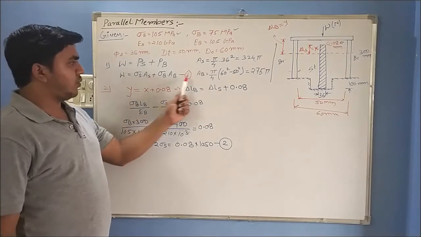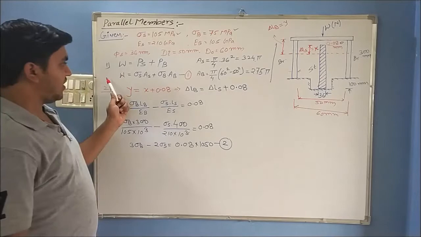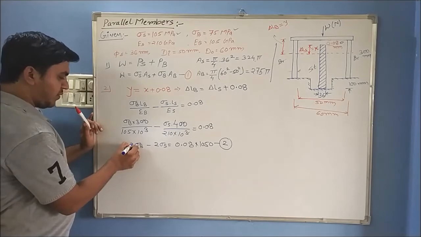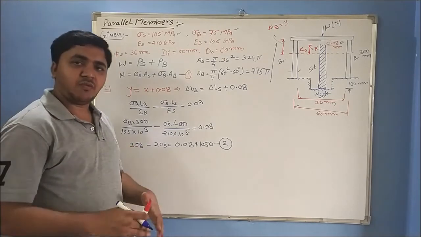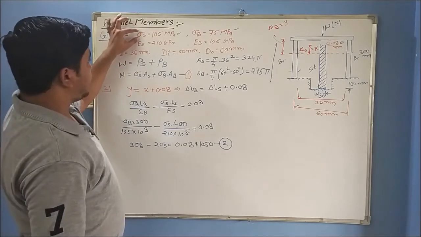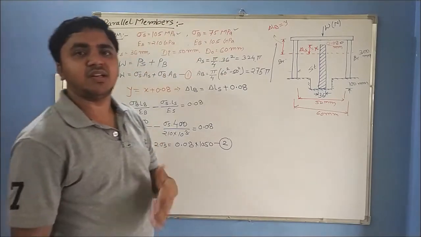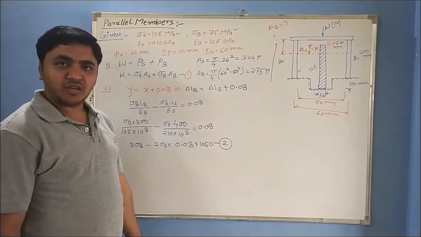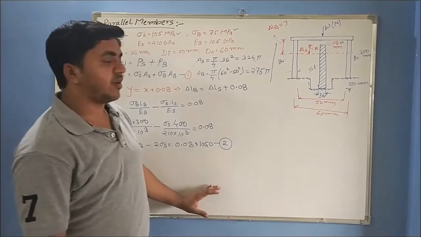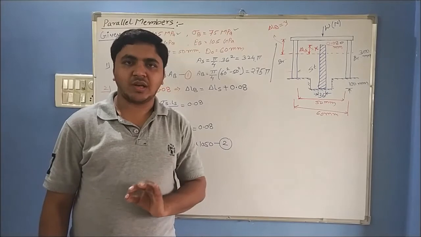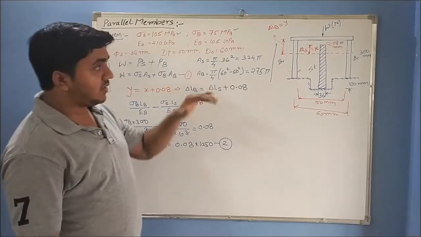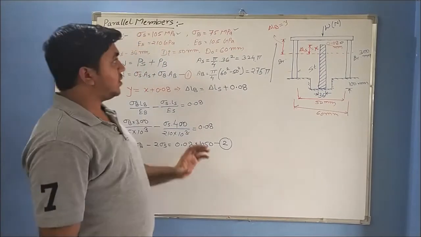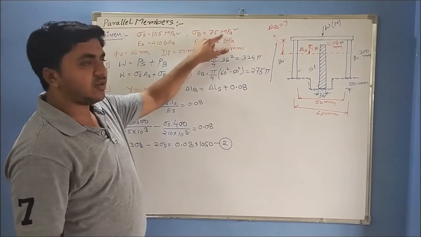Okay. Now you have equation number 1 and equation number 2, but equation 1 cannot be used right now. So we have only equation 2, that is a relationship between both the stresses. Now we have to cross check which of the given stresses is the safe stress. We have to do this for each and every problem where we need to design something. This type of problem is called a designing or load calculation problem, where we need to design the load in terms of the given values of stresses. There are two stresses given to you, stress of steel and stress of brass.